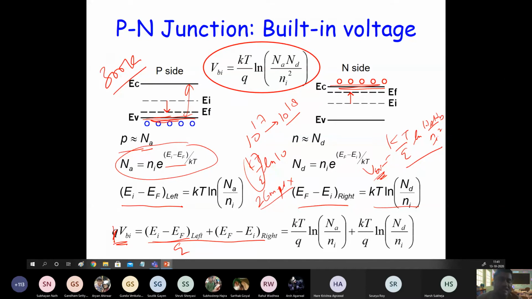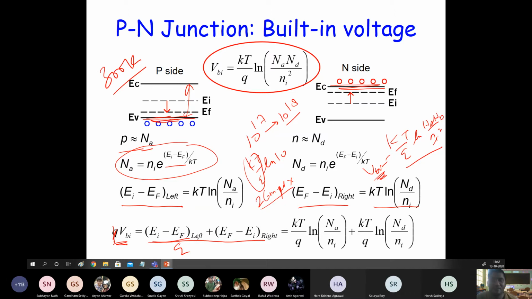Of course, nothing is stopping the Fermi level from going inside the valence band or the conduction band, but that's a rough idea of what the variation could be. So generally we keep them away by a few kT. We assume about 3 kT at the top and 3 kT at the bottom, so around 6 kT. Roughly, let's say 10 kT. So 10 kT is basically 0.26 electron volt. If you subtract 0.26 from 1.1, how much do you get? Around 0.8, right?